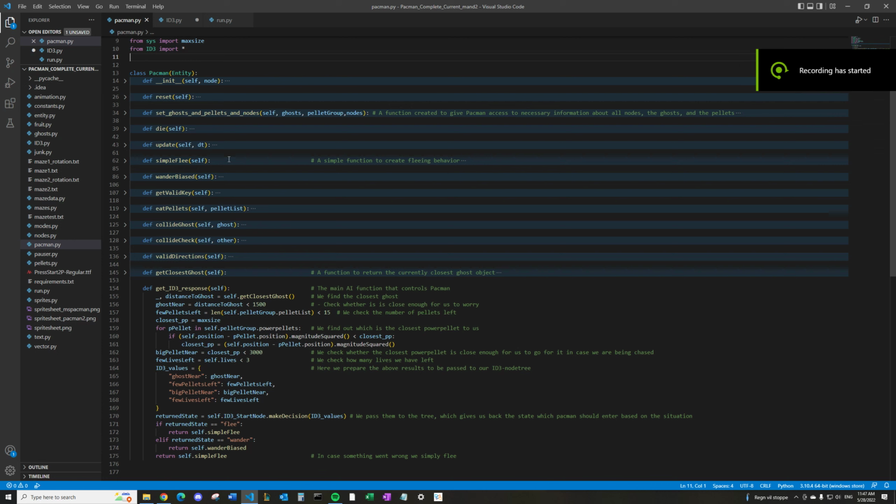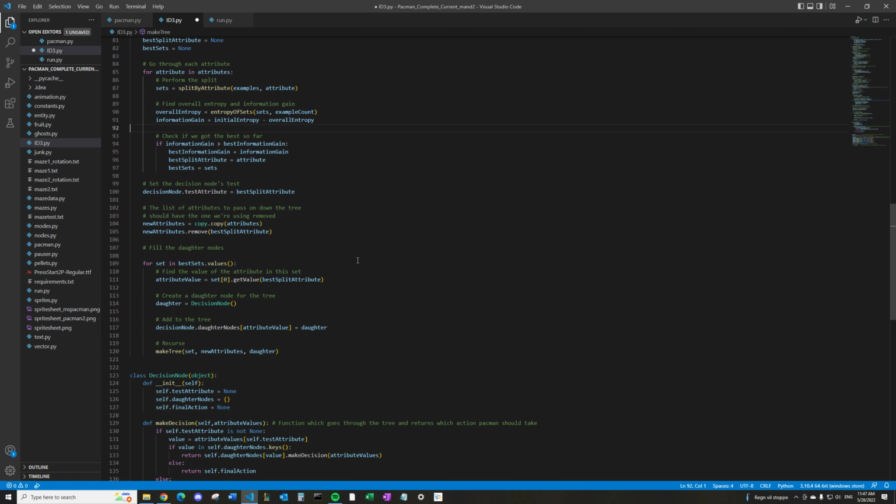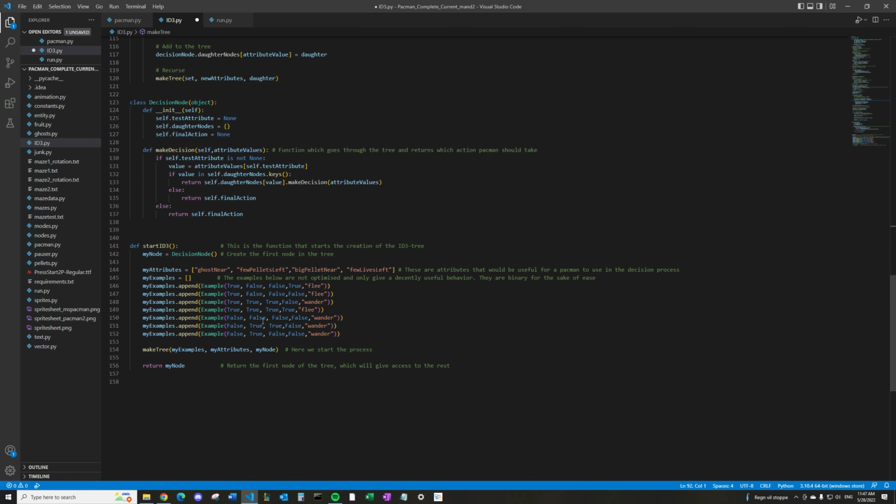Alright, so I'm going to be talking about my mandatory 2. I'm not going to be going into details with the Pacman. It's all the same as the mandatory 1, so just refer to that if you need to, with the wonder bias and simple phi and so on. So I'm going to be looking at the algorithm here, and the first thing we do is we create a